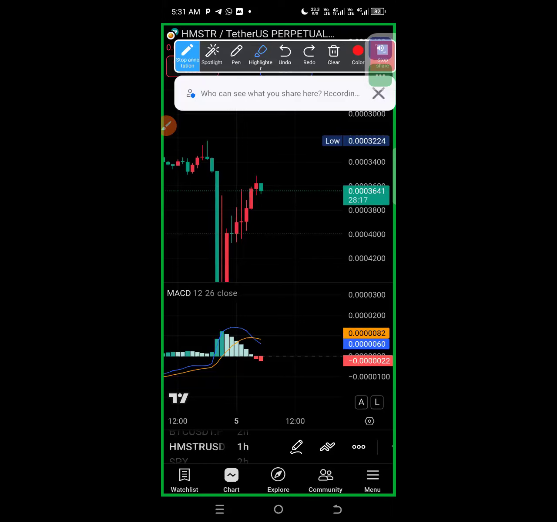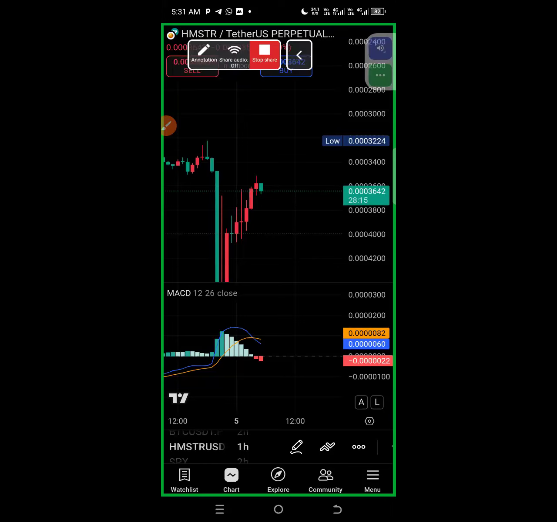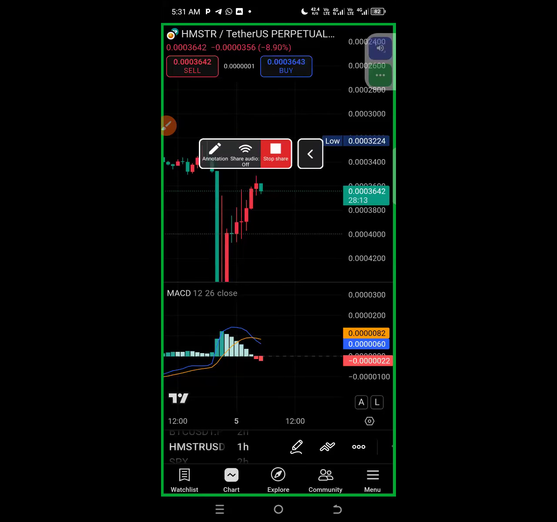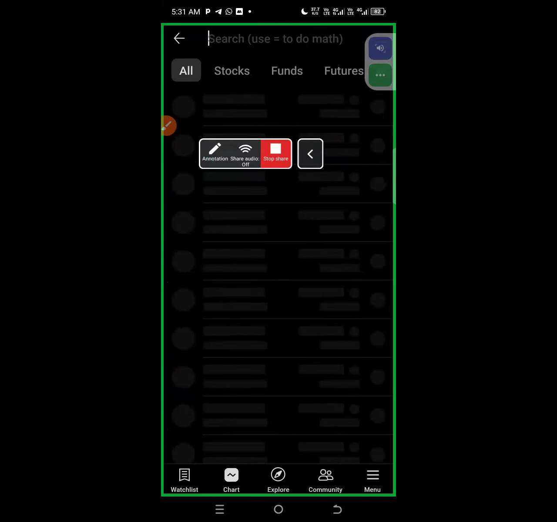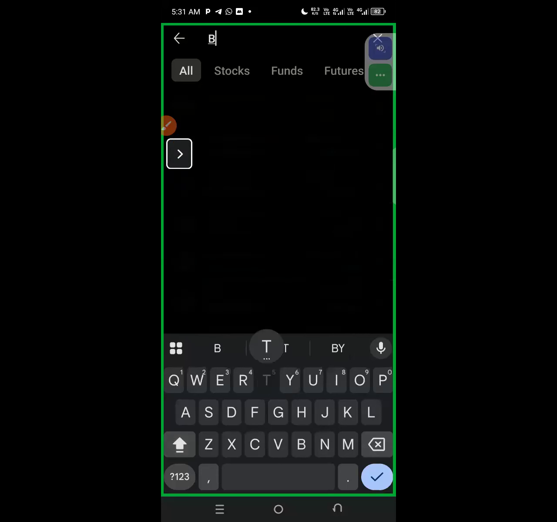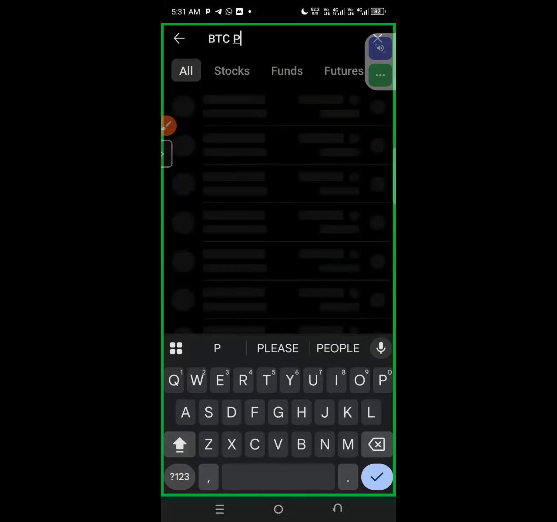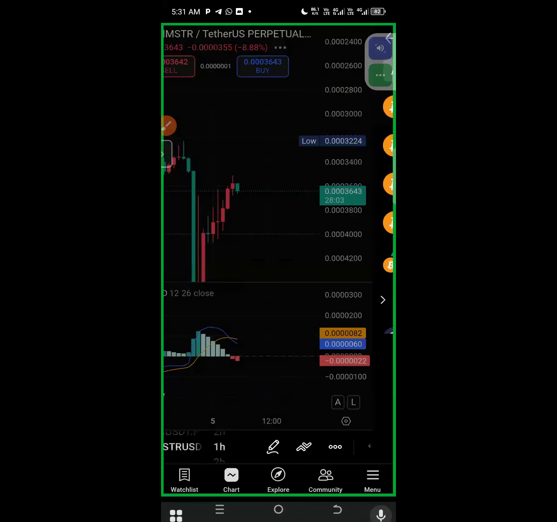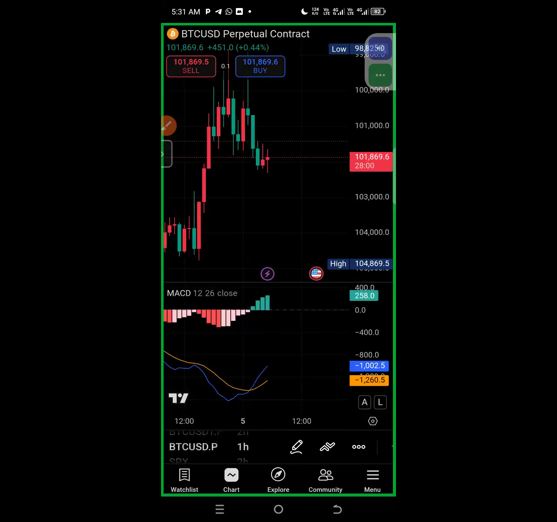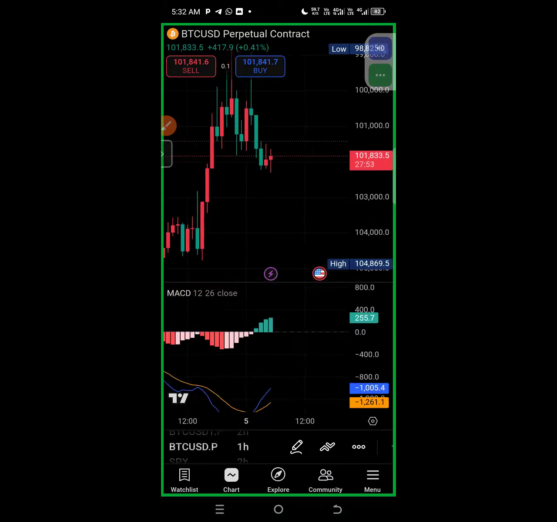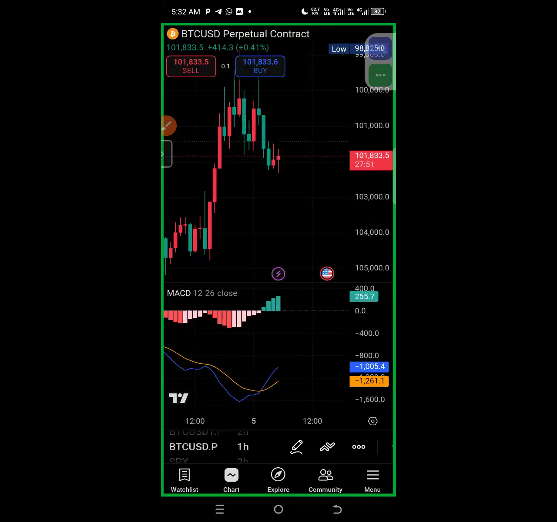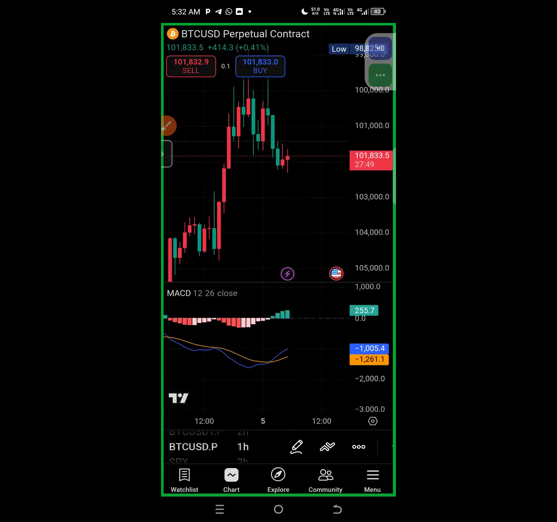right? So what we are saying is that when it comes to the use of MACD, let me change to different assets for us to see if we'll get a typical example of such. So let's assume BTC.P. Good. So over here, just as we are discussing,